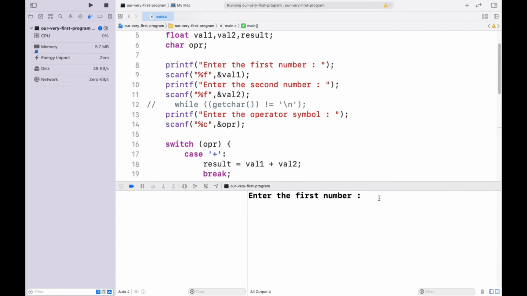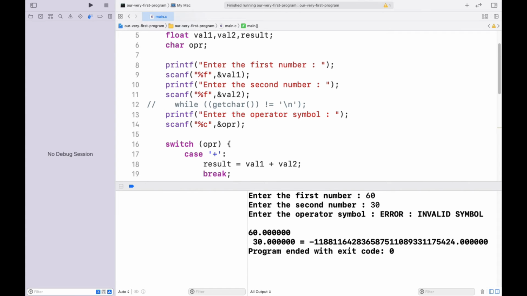So let's enter the first value to be 60 and the second to be 30, and here we go with some unexpected result. So what is unexpected here? We entered the value 60, then we entered 30, and then we notice that we have not entered the operation, or you can say the operator variable value itself. We have not entered it, and the program is running, and then we have an abrupt result in here,